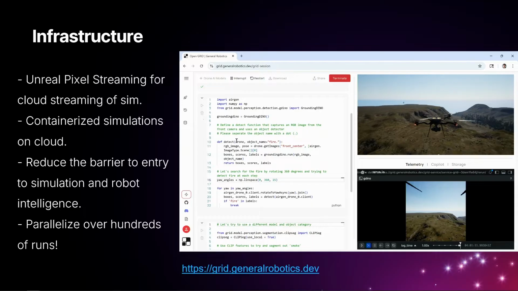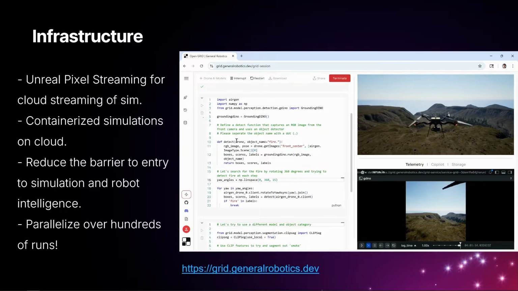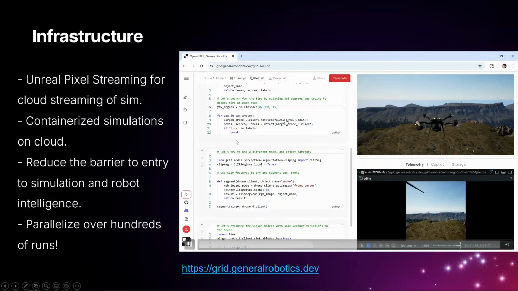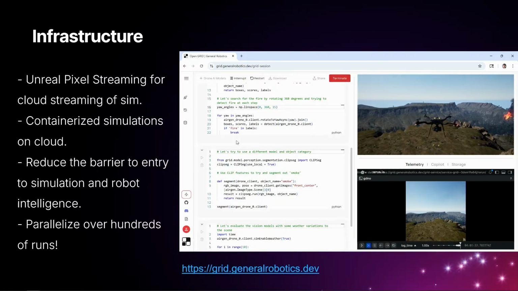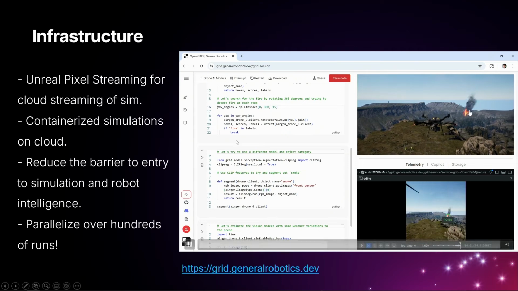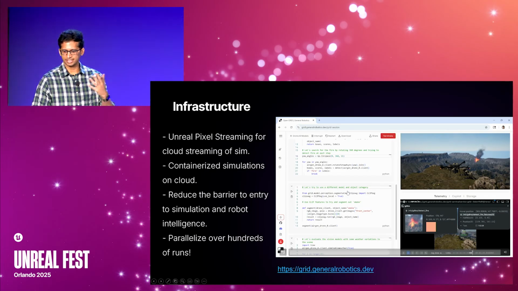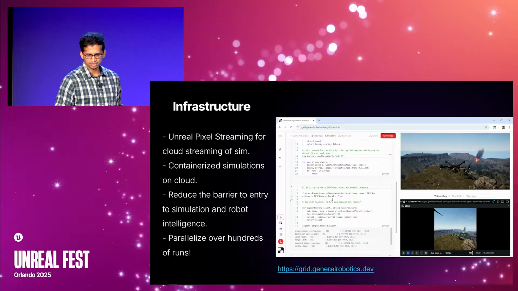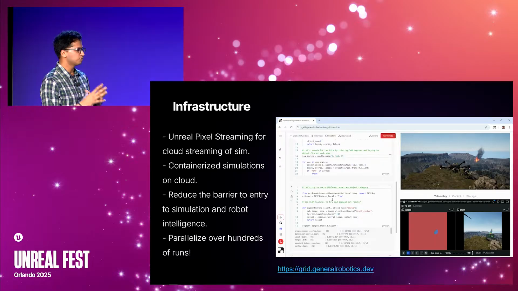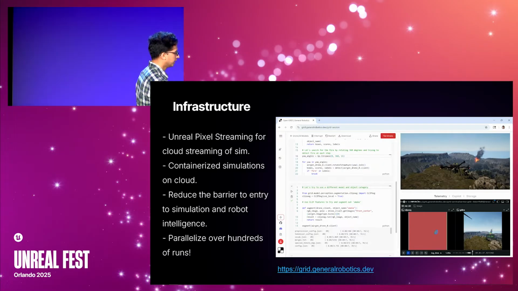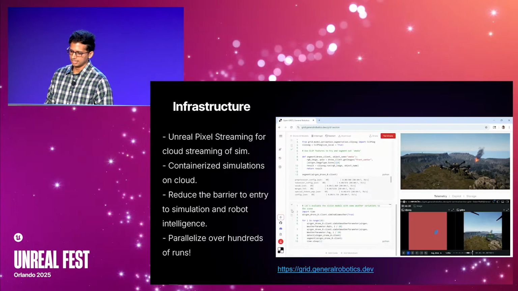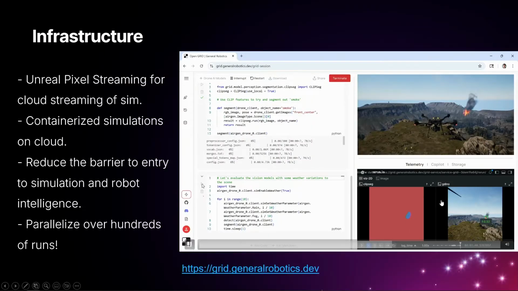So the streaming is happening in real time using pixel streaming, and the users can do a collab sort of thing. This is basically our platform. So you can go write Python code, and you can interact with the drone. As you can see, there is a little fire over there, and then you're using AI models in this demo video to detect the fire, or get some segmentation data or something like that. And really, the intent here was, how do you make all of this super accessible? Being able to stream, being able to containerize, being able to put everything on the cloud is a huge step in that direction.